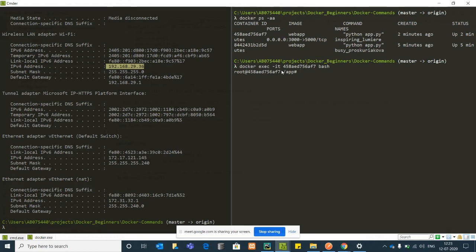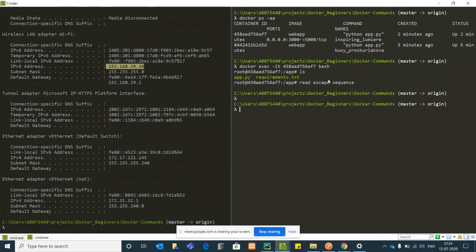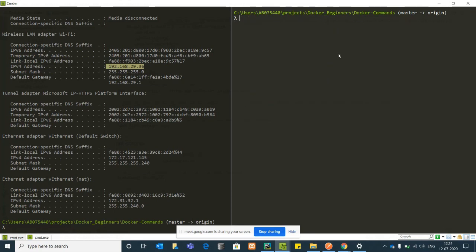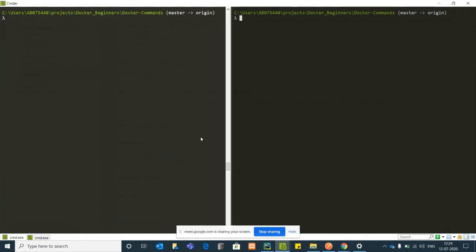Why this application folder comes by default, I'll tell you when I explain the Dockerfile. Now when you do ls, you can see that app.py and the requirements.txt file are present in my app folder. I'll tell you how it works and why I have given that. First, before that, I'll tell you about the volumes part, how we publish the volumes to the host machine, and then we can go with the Dockerfile. Did you understand how to go inside the docker container if you want to?